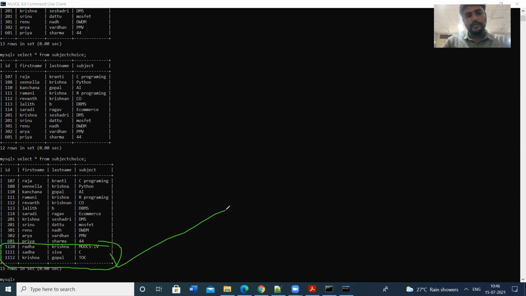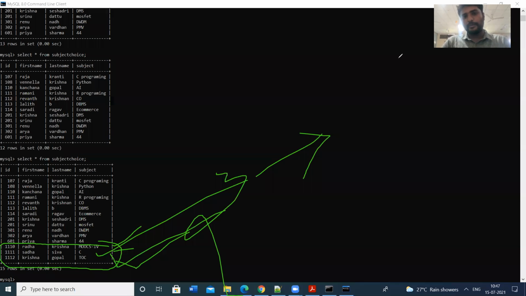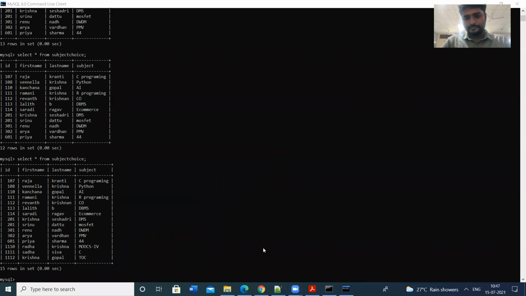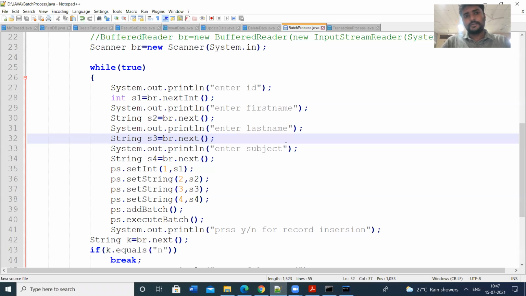That means we are executing multiple queries at a time. First row is batch 1, second row is batch 2, third row is batch 3. We are executing the 3 batches at a time, 3 queries at a time, by using the add batch method and execute batch method. So this is how we can perform the batch processing. This is the program to illustrate the batch processing.